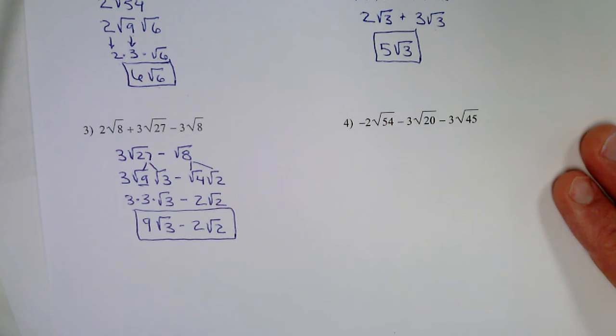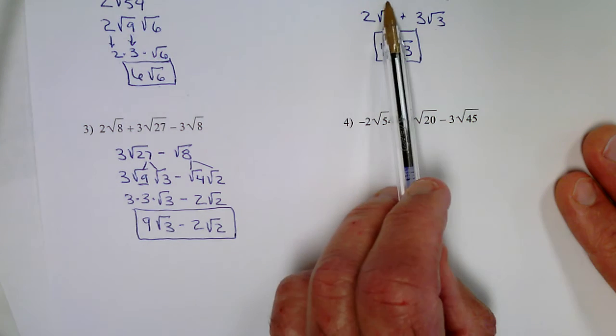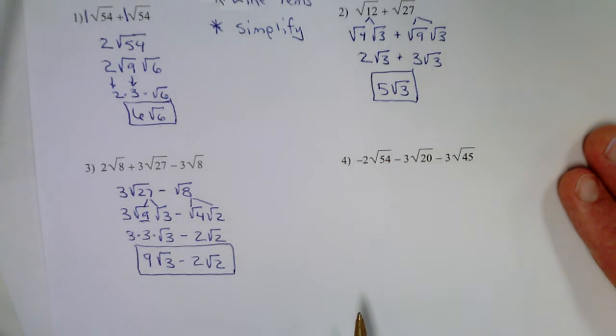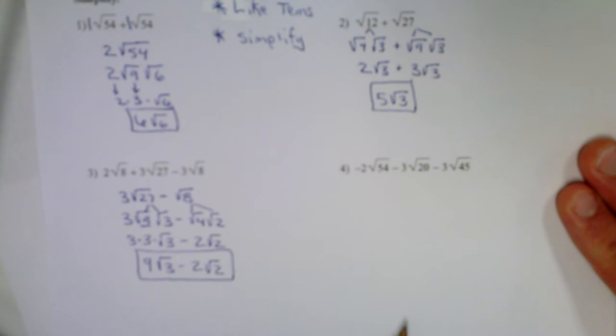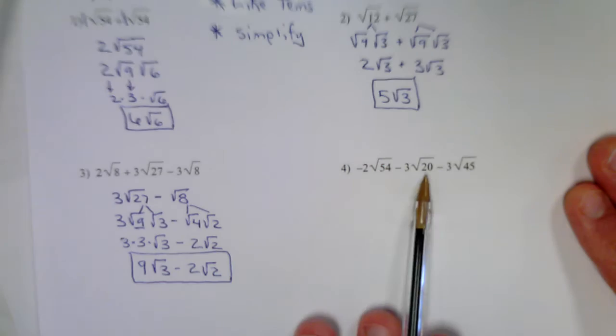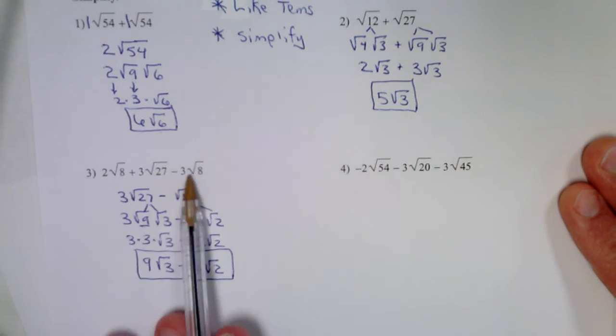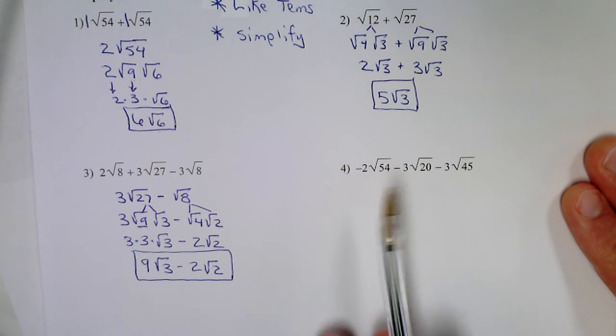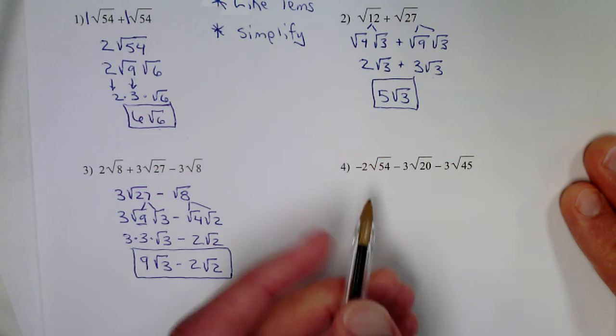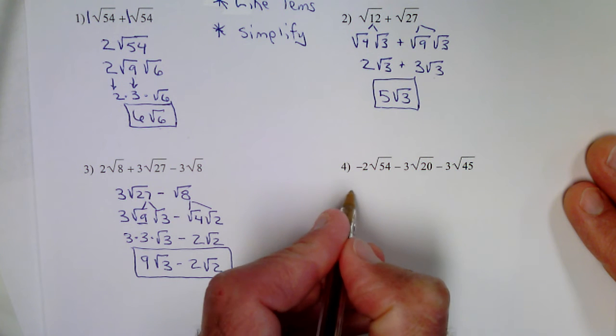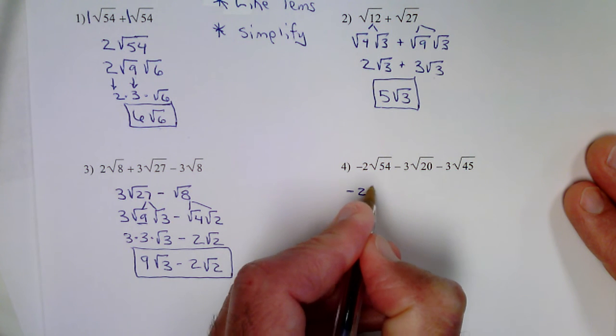Okay? Now, this one's going to be like the one we did. So this one's like the one above it. We have no like terms like we did over here to combine right away, so we're going to have to simplify all this. The key to these is to remember this is a negative 2, and again I'm going to